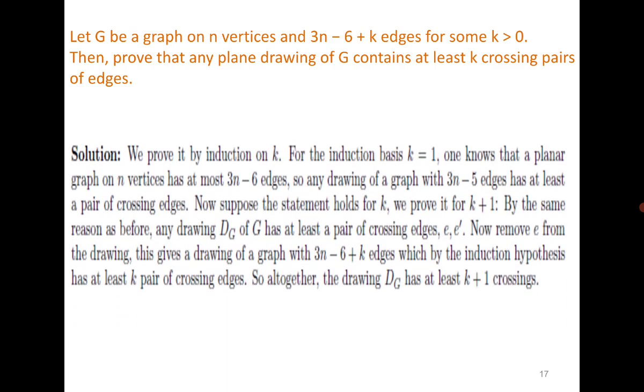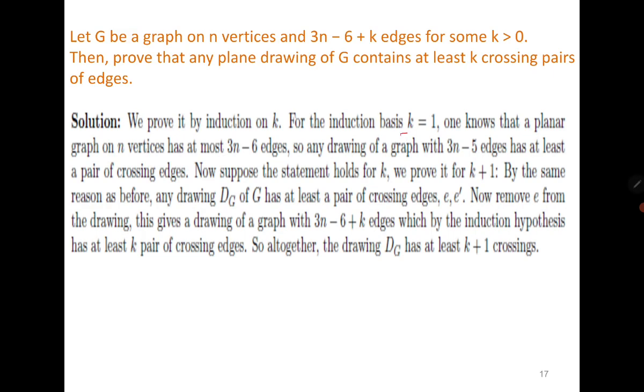So for k equal to 1, we have 3n minus 5 edges, which means it has at least one crossing. Now let's assume that the result holds for k, and we need to prove it for k plus 1. For k, we know that it has at least one crossing, which is the crossing of edges E and E dash. If I remove this edge E,